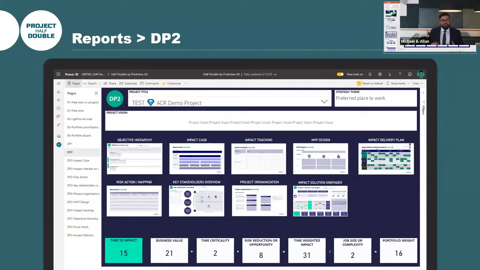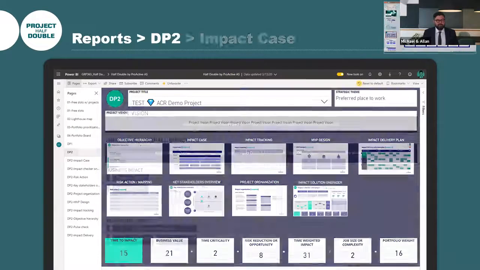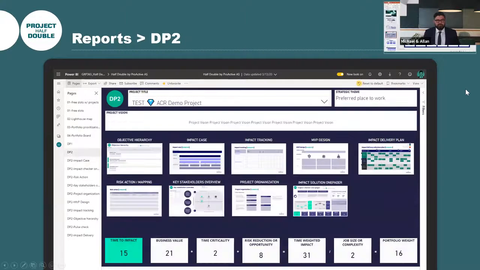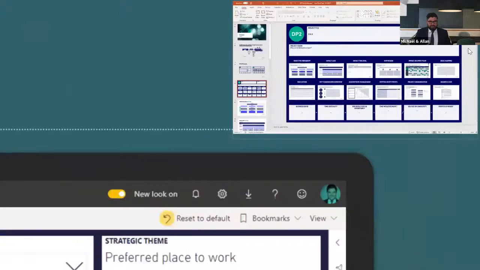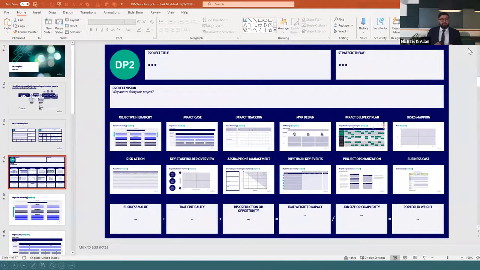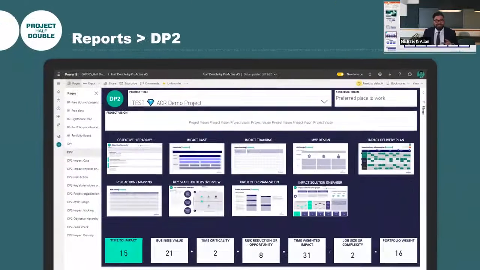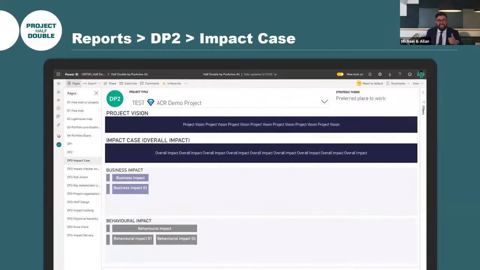If you look at the original template, how it was actually provided to us. Yep, this is the original template. This is built in PowerPoint, but why not have that template live, connected with my report. And I'm not only talking about this main frame, but also all the sub-reports with the impact case,